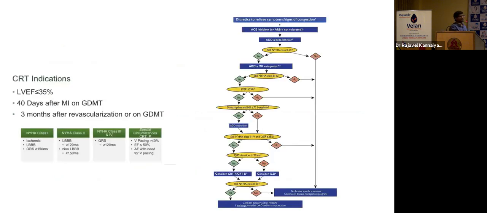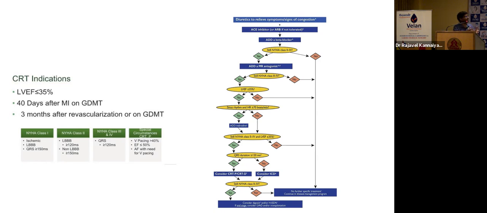So what are the current indications? Any heart failure patient with reduced ejection fraction, EF less than 35%, and in ischemic cardiomyopathy, after 40 days of MI, because this 40 days is very important. So in the acute event, the myocardium is still viable, but it will go into stunning. The stunning will take time. So if any MI patient within 4 or 5 days has a very poor LV and a